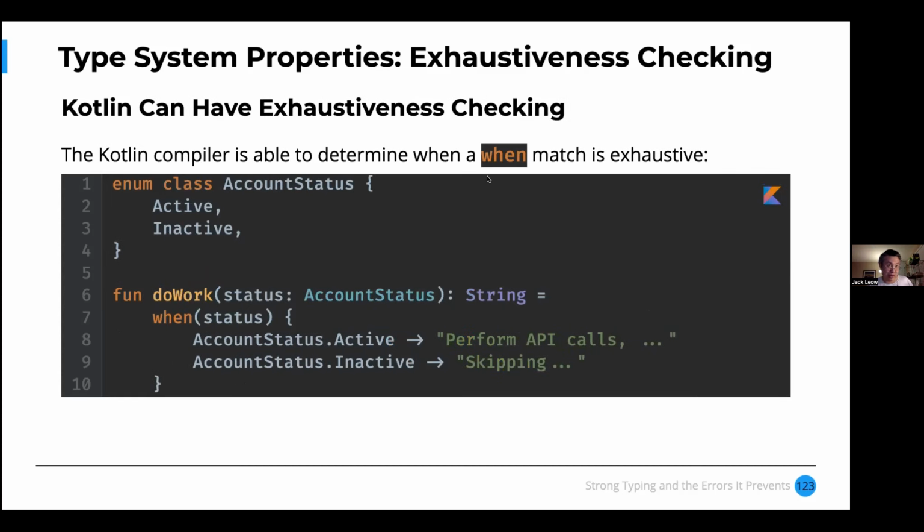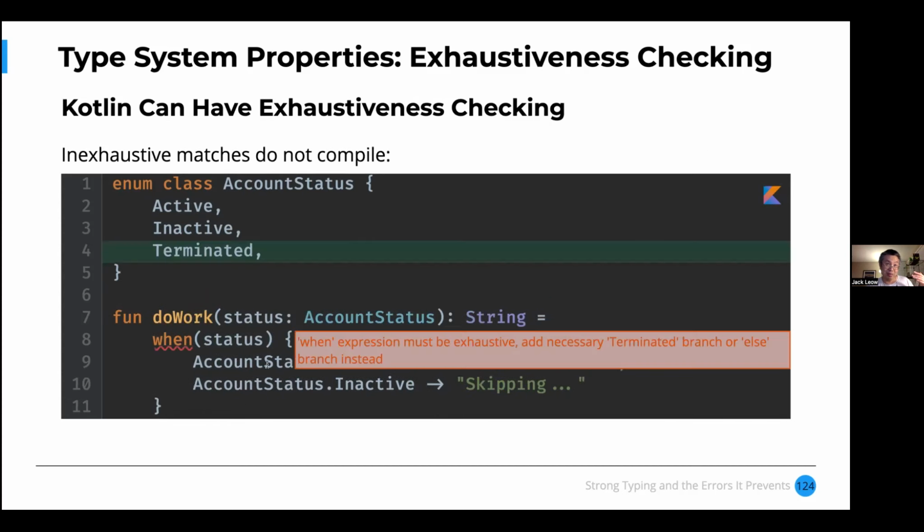Kotlin's when, I'm sure you guys are familiar with this, same thing, right? You declare an enum, active, inactive. If you handle both cases, you're good. Compiler's happy. If you add a third case without updating the when, compiler's no longer happy. Now I want to mention real quick here. Notice that when, there is a status of it's just a single status, right? I'm not doing a pair or triple or anything here, because if I were to try and do that,